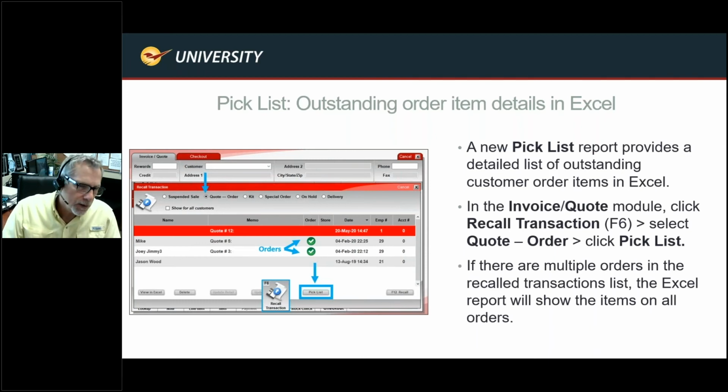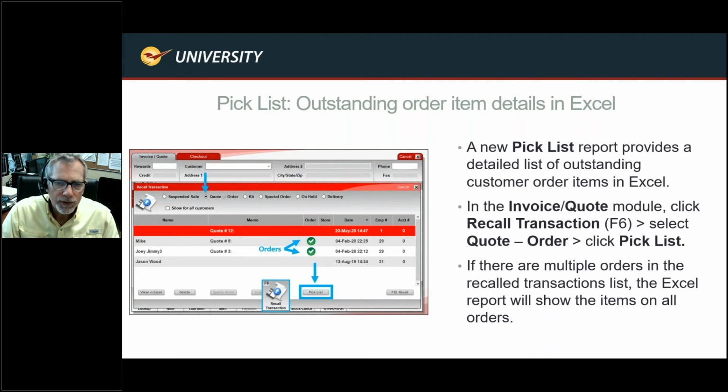So you can very easily and quickly go through and see what items are on order and make sure you have enough to fulfill them, or you can go and pick them and put them in a barrel for them to pick up, however you want to do it. To activate this, you just go to Invoice Quote module, click on Recall Transactions, select Order Quote, and click Pick List. You can see the button right there on the screen. All right, so that's just an added feature that you can use.